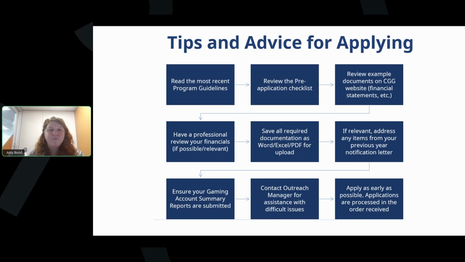your materials. If it's possible or relevant, have a professional review your financials, or at least someone with some bookkeeping background, just to make sure that they make sense and it's formatted correctly. And then, save all of this documentation on your desktop. We do appreciate if you can save things in Word, Excel, or PDF. Our team does work on Windows-based computers, so it is definitely easier to open file types that work with our